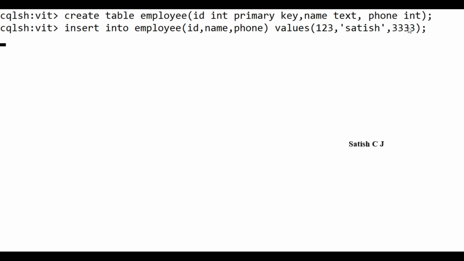So what is a set? A set helps us to have multiple values for a particular field. So here I can insert only one phone number because phone is of type integer. When I declare phone to be of type set, then you will see that I can insert multiple phone numbers here. The main property of a set is that it will return the values in sorted order, and it will not allow any duplicate values.